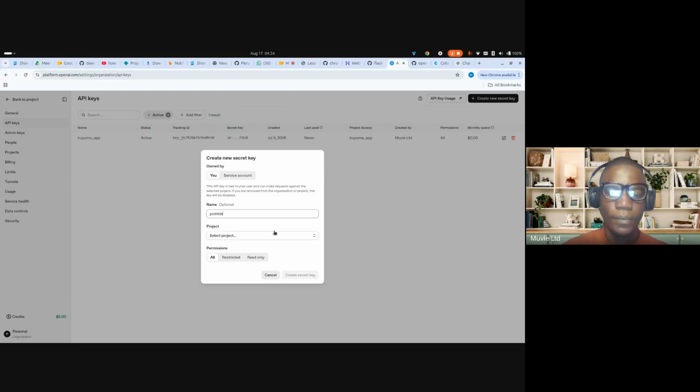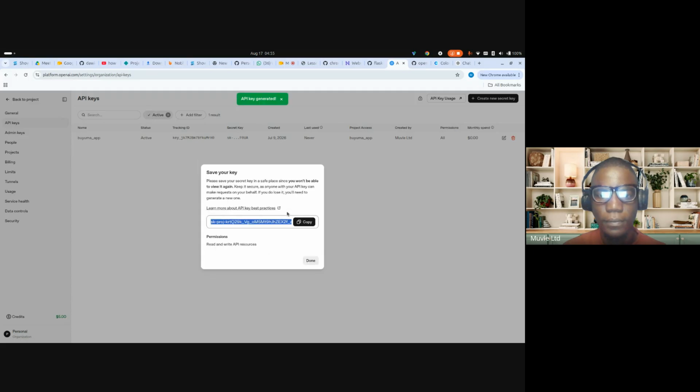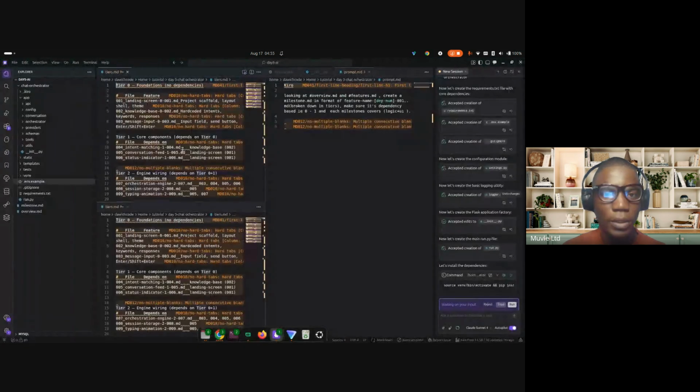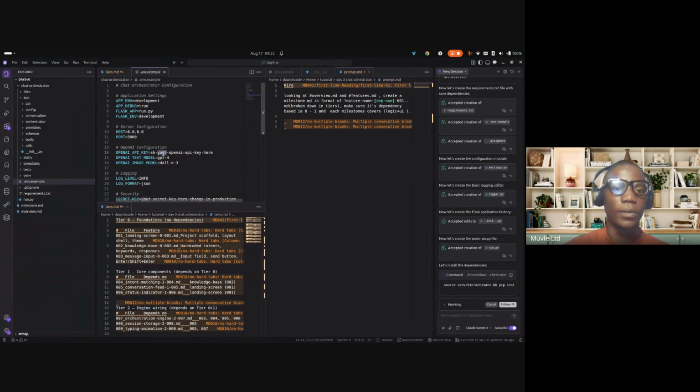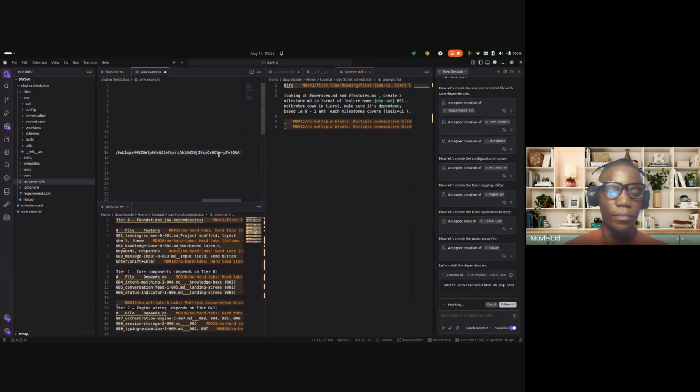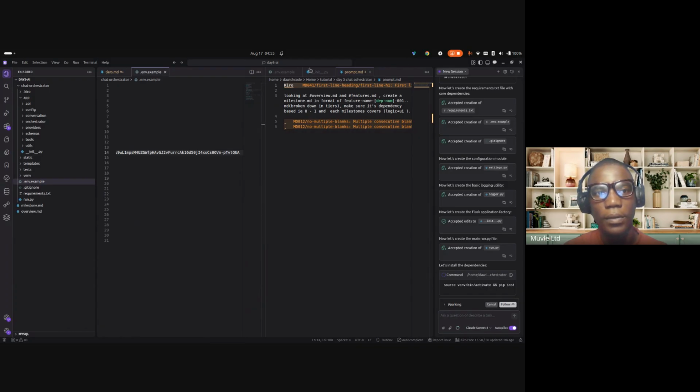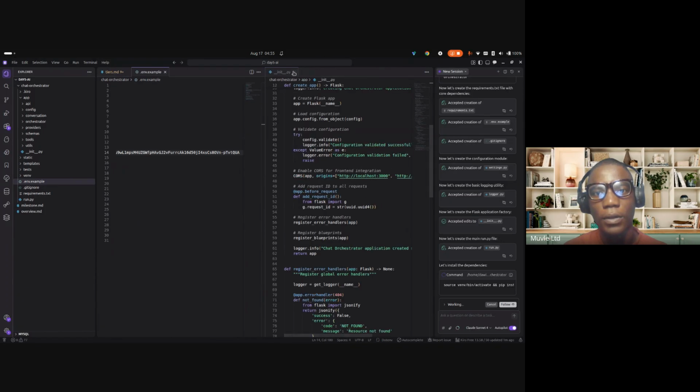And then select project and then create secret key. Now I'm going to copy this key and then go back to our project here and paste this key. Okay. So you can see here, I just pasted the key